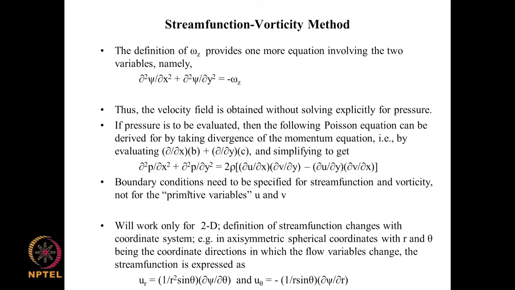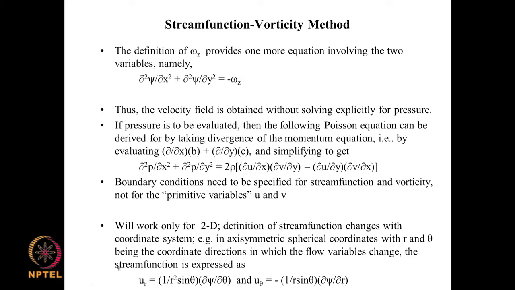So in this context we introduce the notion of primitive variables. u, v, p are known as primitive variables, and stream function and vorticity are the derived variables, the new, sophisticated variables, which enable the solution here. And so for boundary conditions, one needs to spend time to translate the known velocity and pressure boundary conditions into boundary conditions for psi and omega.